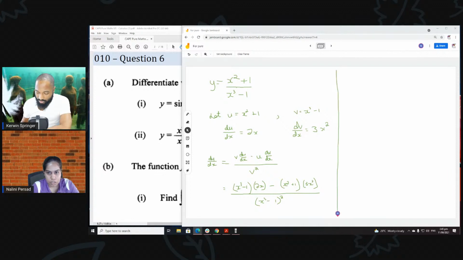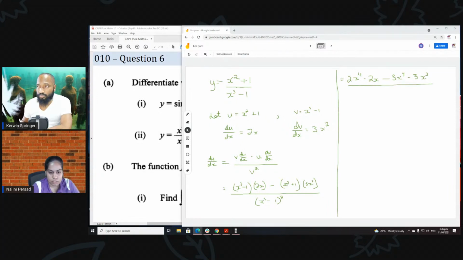I want to try to do it on one page, so I'll come to this side. So x cubed by 2x will give you 2x to the power 4. Minus 1 by 2x will give you minus 2x. Then we have minus 1 by x squared by 3x squared, which will give you minus 3x to the power 4. Then you have minus 1 by positive 1 by 3x squared, will give you negative 3x squared, all over